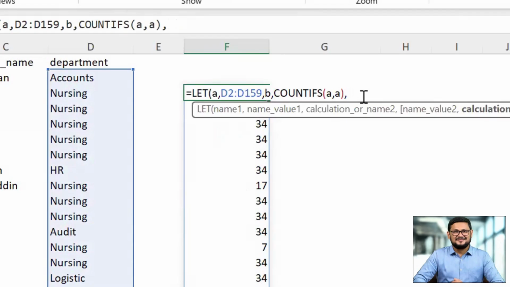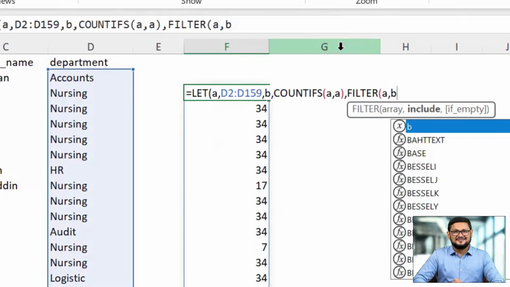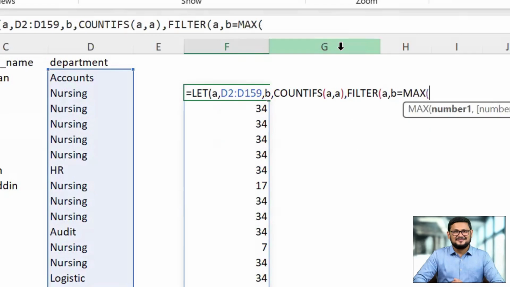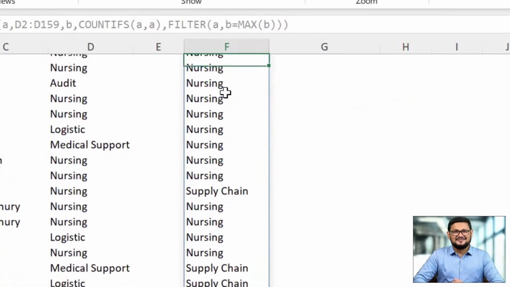Next, I will use the FILTER function to return my result. The array will be department, which is A, because I want to show the department. Comma, and in the include argument I will write my criteria. The criteria is if B is equal to the maximum of B. This means if a department's employee count is equal to the highest employee count, the department name will be written. After pressing enter, now you can see I have only nursing and supply chain because they have the same number